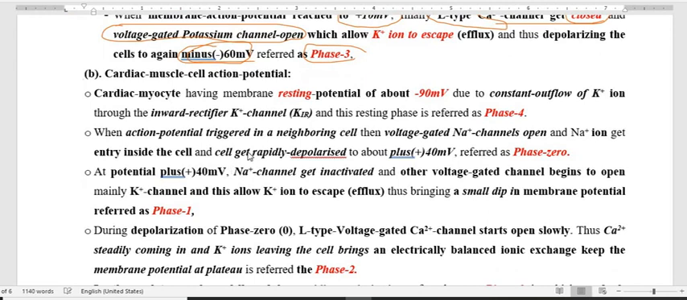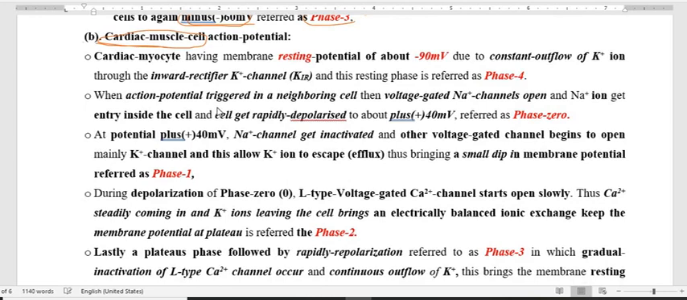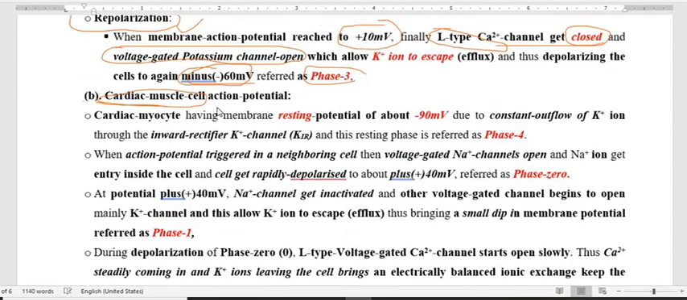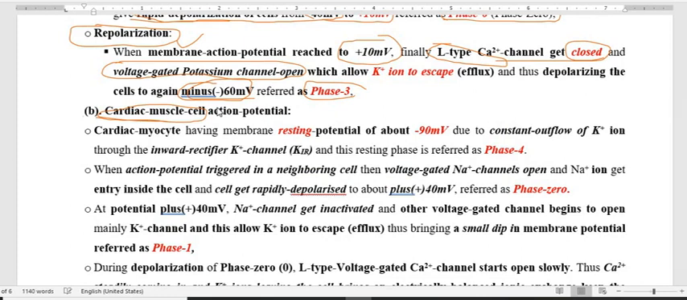Now we have to go through the cardiac muscle cell action potential, particularly the ventricle, so we may say the ventricular action potential also. There is a very big difference from the potential of the pacemaker cell. In the cardiac myocyte, a resting potential exists, and the resting potential in the cardiac myocyte is minus 90 millivolt, and the phase is called